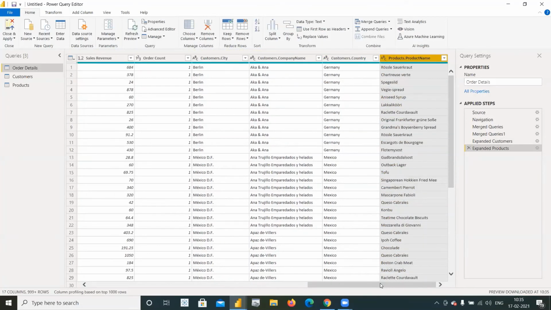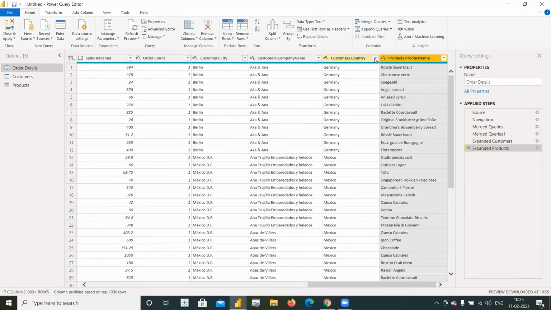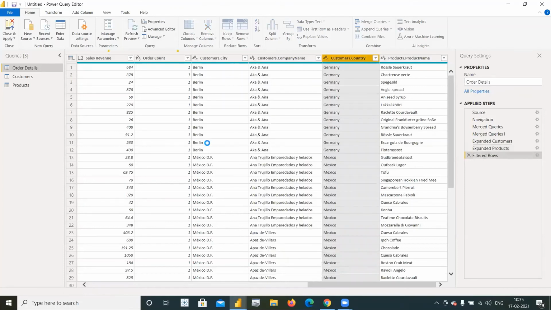I'm just applying the hack that we talked about, applying filters and narrowing down to the data that I need for my analysis. I'm just going to analyze the data from the countries in American continents, that is Argentina, Brazil, Canada, Mexico, USA, and Venezuela.